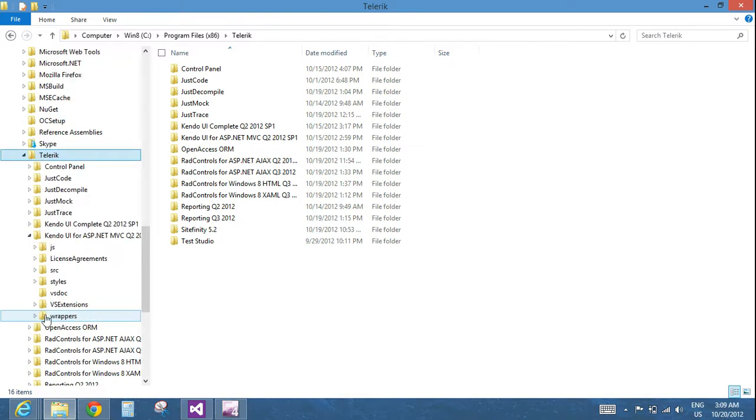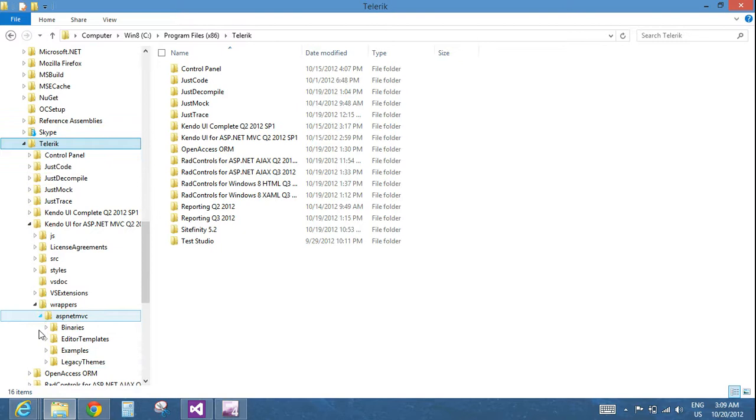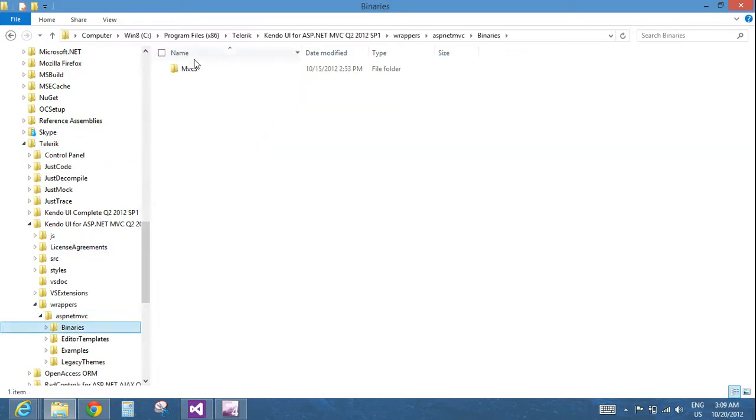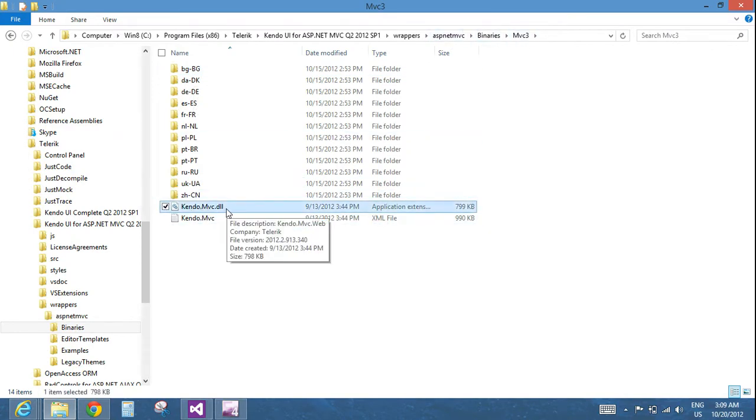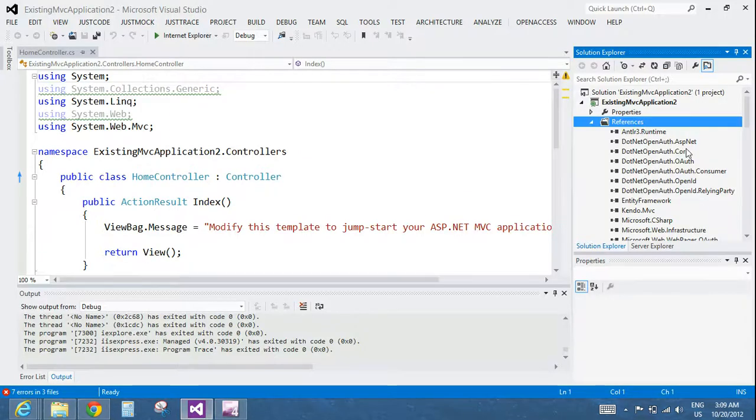You can go into wrappers, MVC4, and get into binaries. So while the name of the folder is MVC3, this DLL, which is kendo.mvc.dll, is valid both for MVC3 projects as well as MVC4 projects. So we've added the reference, and as you can see, it can be seen in the referenced